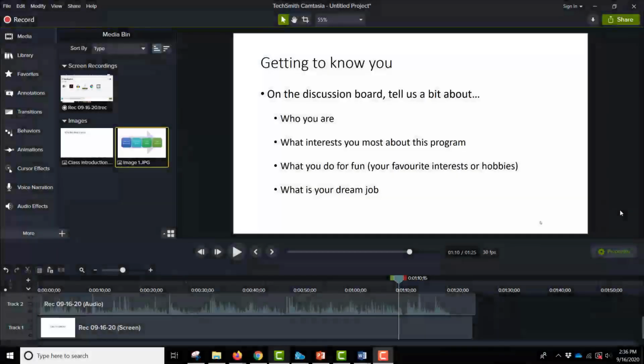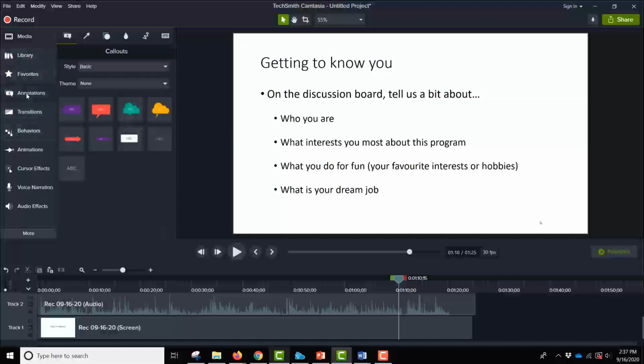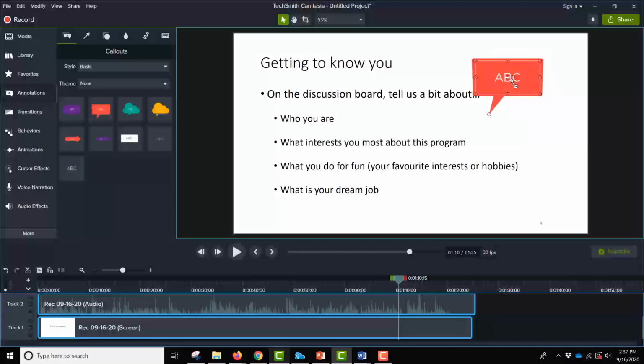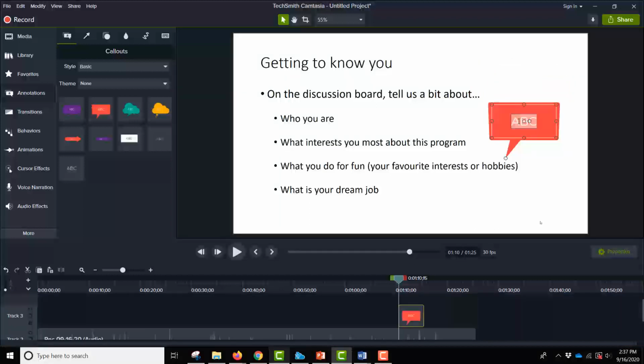This is a very similar approach to some of the built-in features that Camtasia has, like annotations. So if you did want to, say, emphasize something on the slides or the screen that you were working on, you could come over here to the annotations section. And what you'll see there are some options that you can use for highlighting things on your screen. So if there was something that I really wanted to highlight as, let's say, important for my students, I could choose one of these annotations, drag it onto my screen, place it where I want it, and then I can edit the text to say something like